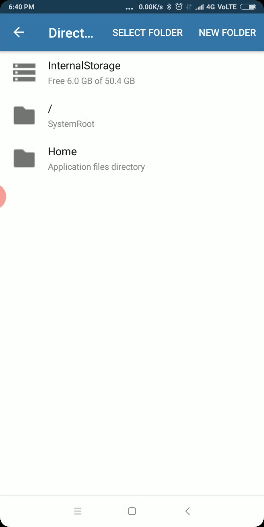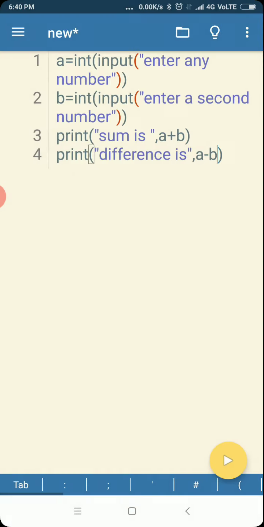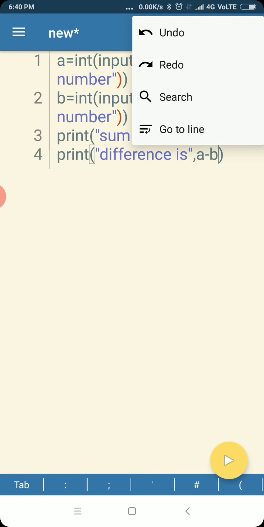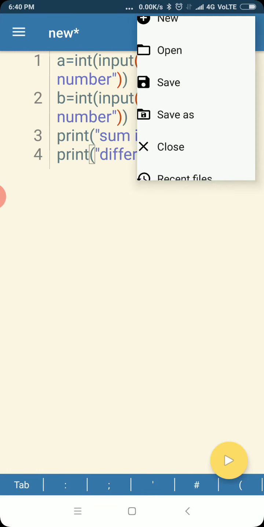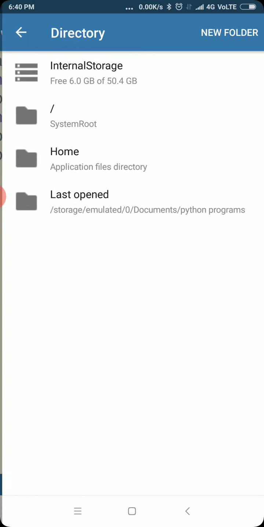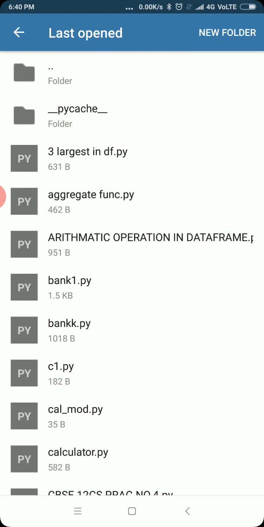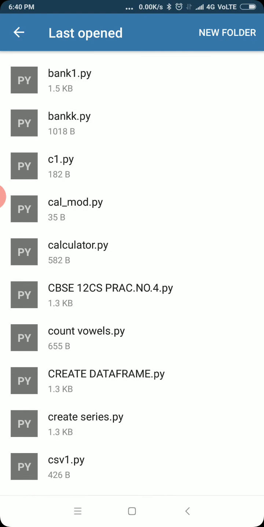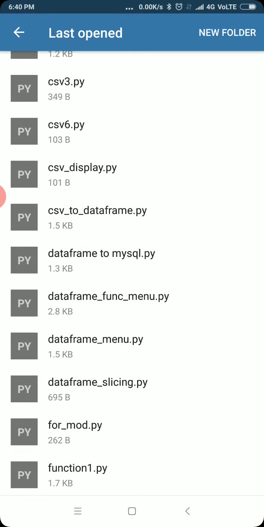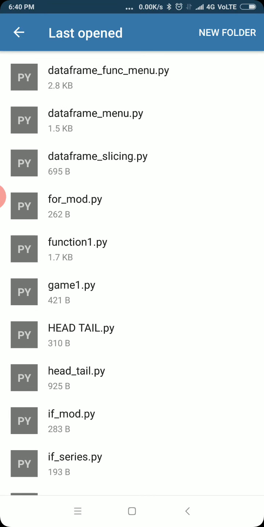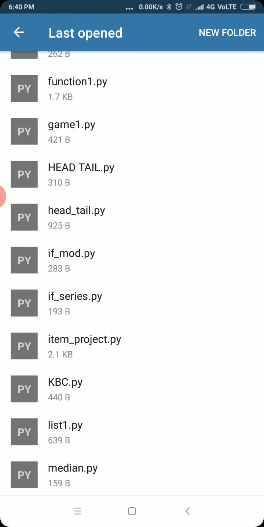Normally, if you give space, it will not take. So you have to give underscore here. Clear? Now if you want to open it afterwards, then what happens? You have to select this folder, and then if you select open, you can see all the py files here. So here so many files are there, and when you select any file, suppose I want to select